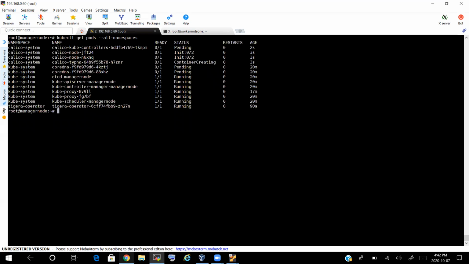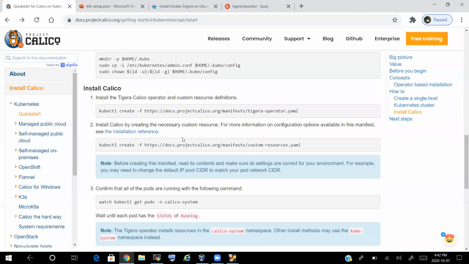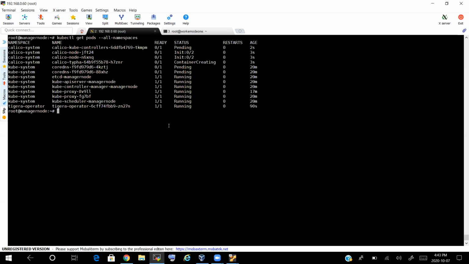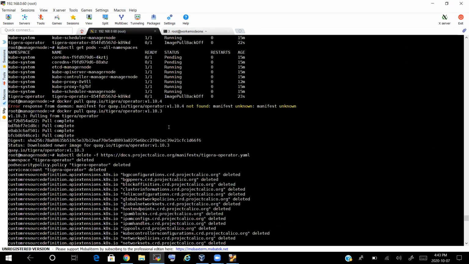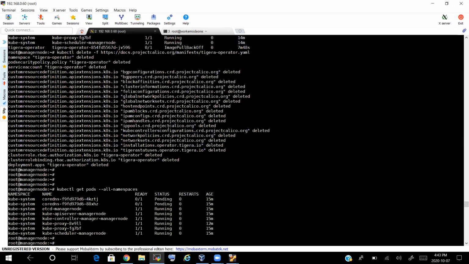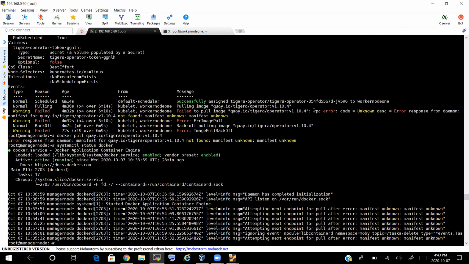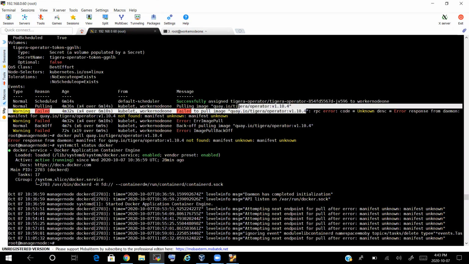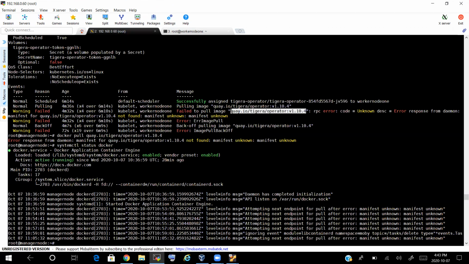So the problem which I identified is strange: when I'm doing the video, we got this kind of issue. But anyways, this is a part of troubleshooting. So what was the image I was having the issue with? Let me show you how I identified the issue. Simple. Here it is not able to pull this image, right? That is the error which you are able to see in the describe command.